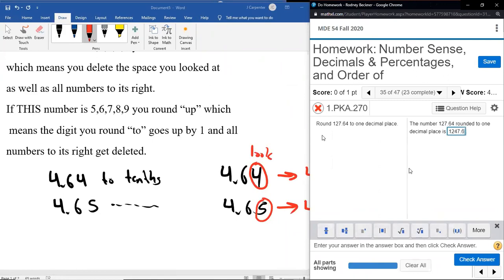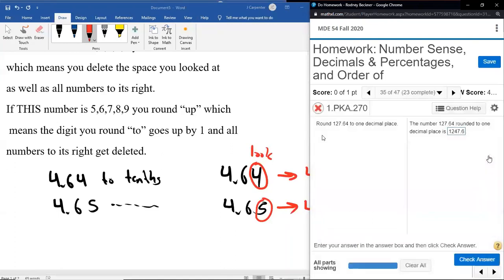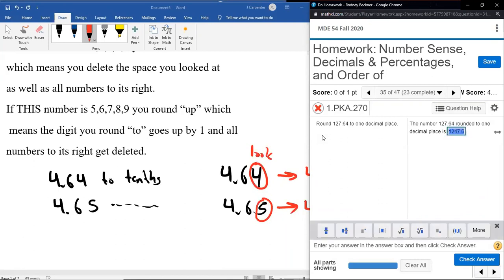127.6. Does that look right? I'm going to check this. I knew it was wrong because I had a typo, but sometimes we get squirrely and we just type and hit enter. We get excited. I mean, how many messed up text messages have you sent in your life and then you had to send a correction because of that? Or just let them figure it out on their own. Well, this is not a let-them-figure-it-out-on-their-own scenario. You got to correct your text.